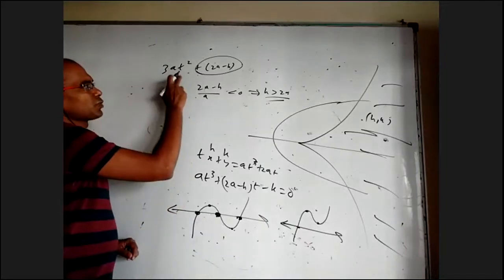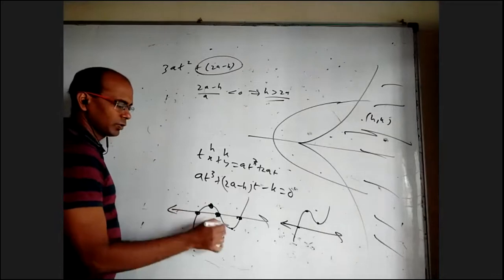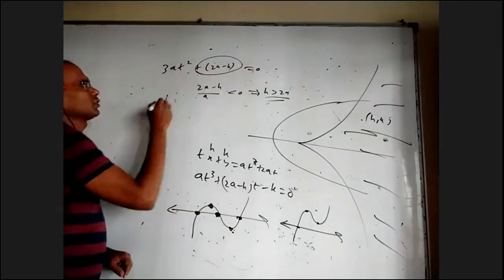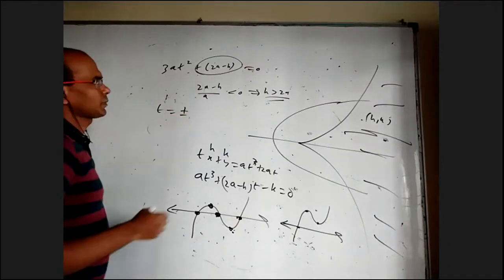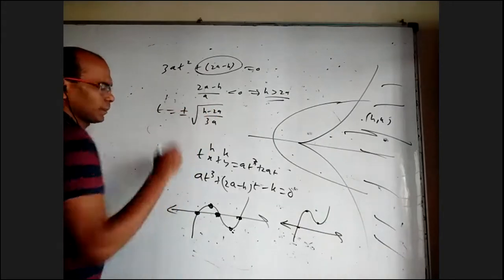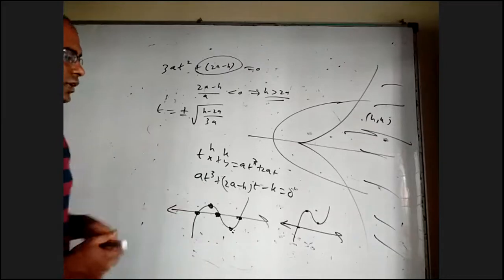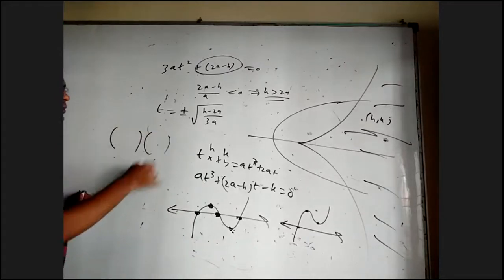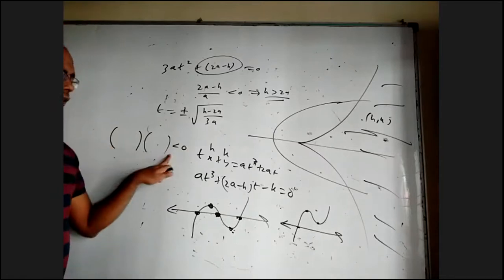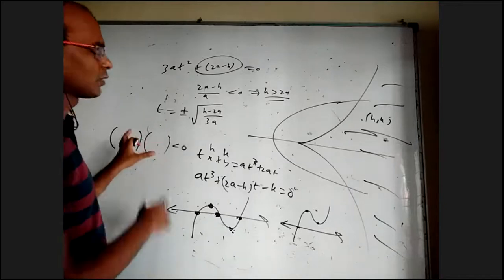When you substitute the roots of this equation back here, that is this point's y coordinate and this point's y coordinate, they should have opposite sign. So if you equate it to 0, t will come plus or minus root over (h minus 2a) by 3. You substitute plus of that in this, minus of that in this, you get some expression into some expression that should be less than 2. When you take it like that, you will get one inequality.